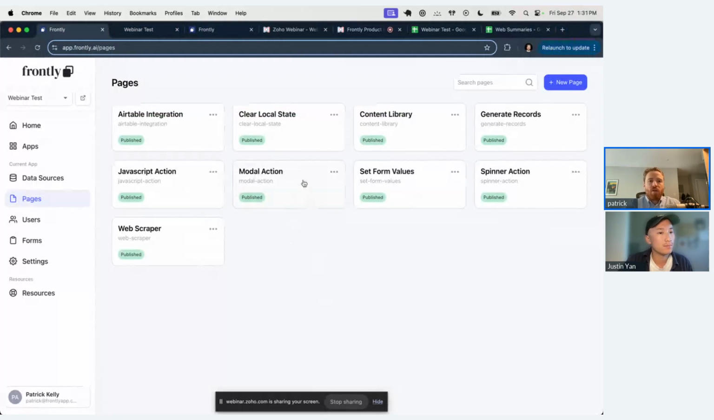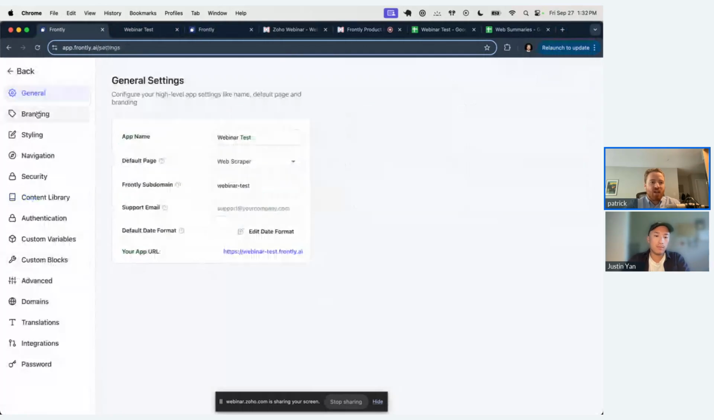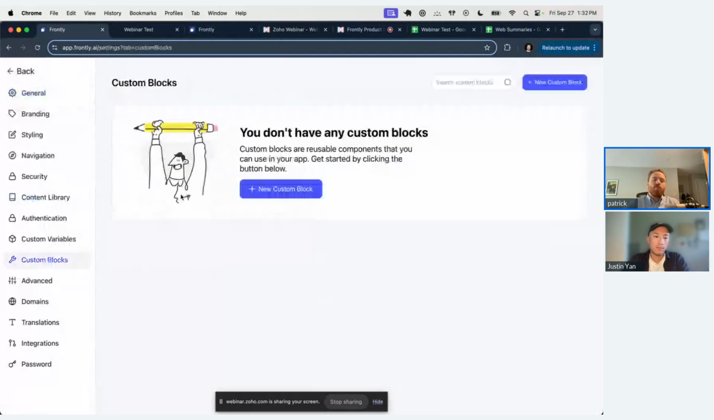So one of the newest features, which I know users have been asking for a million years, is the modal action. This is pretty interesting. To even make this action work, I'm going to have to create a custom block. This is a whole other feature. We launched this a few months ago, so we're not going to go into too deep of detail here, but a custom block is another way to